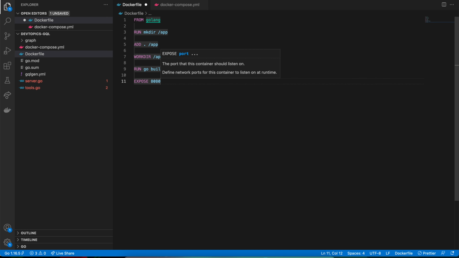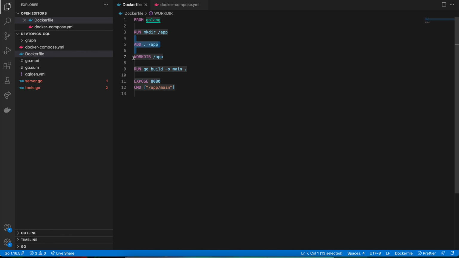Next, we're just going to expose our port 8080, and the command that we're going to run is just to run the binary, the executable we just made. So app/main, and that's it. It's pretty straightforward. One thing to point out here, if you want to improve this Docker file,